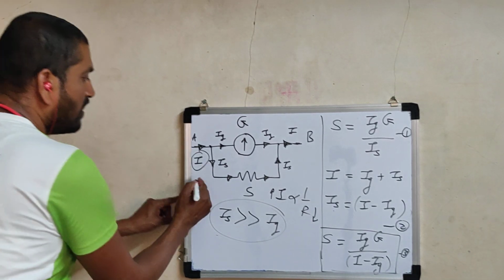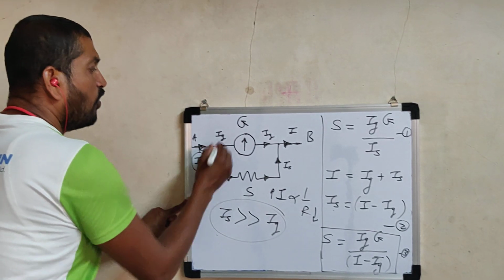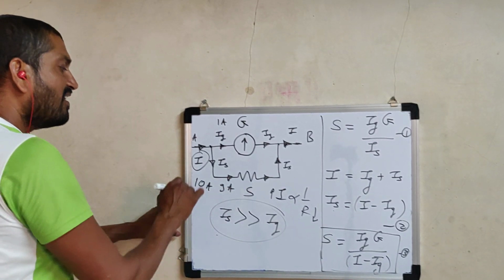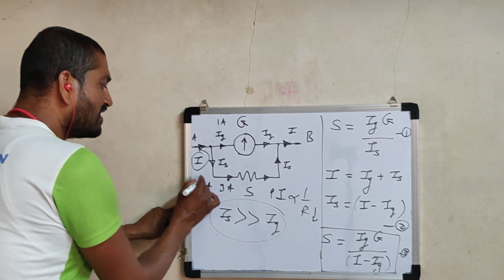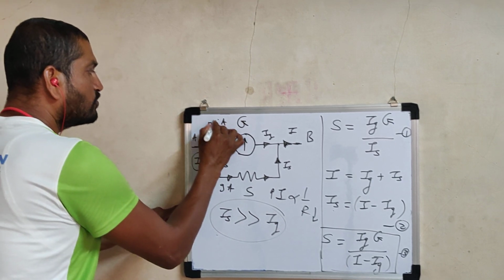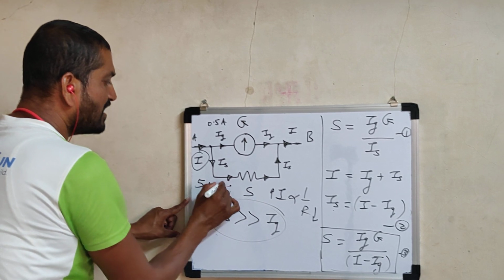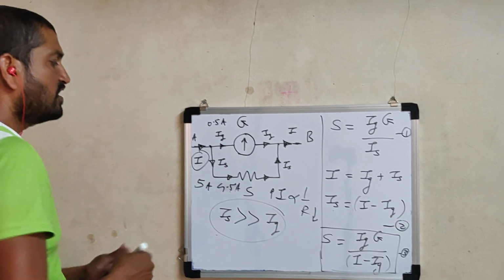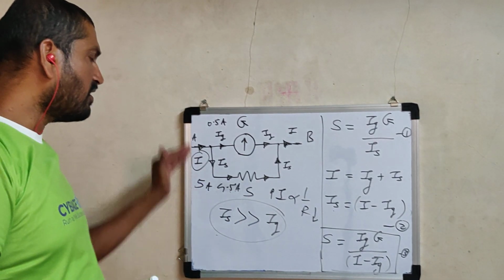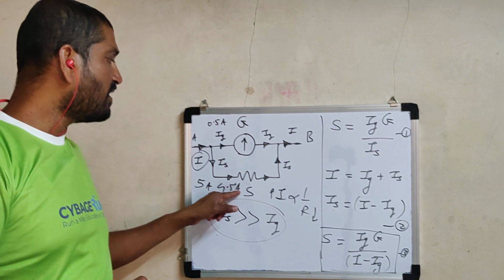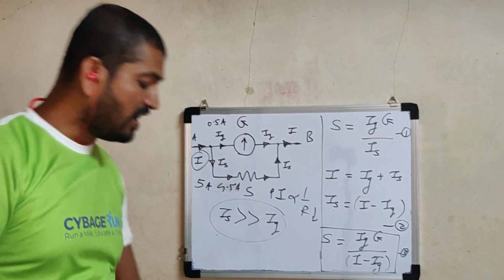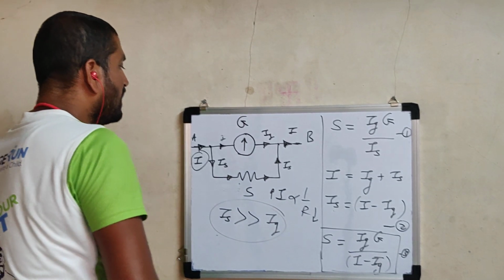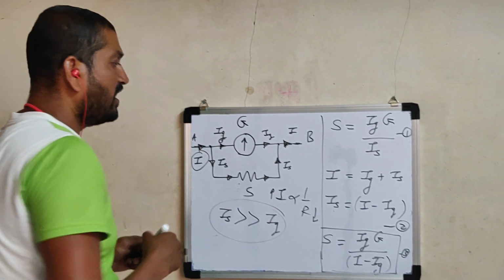For example, if a total current of 10 ampere is to be measured, only 1 ampere is passed through the galvanometer, and 9 ampere through this shunt. Now suppose 5 ampere current is to be measured, then only 0.5 ampere goes through the galvanometer, and 4.5 ampere passes through this shunt. Accordingly, the current through the galvanometer will also change. But compared with the shunt, a very small current flows through the galvanometer, and hence there will be no damage. In this way, a given galvanometer can be converted into an ammeter.